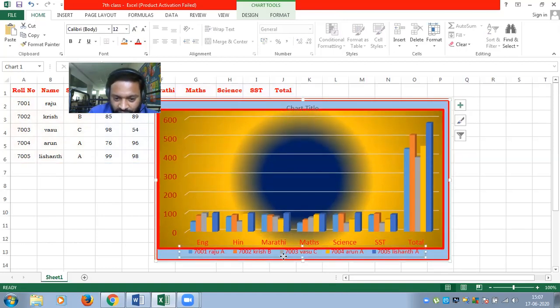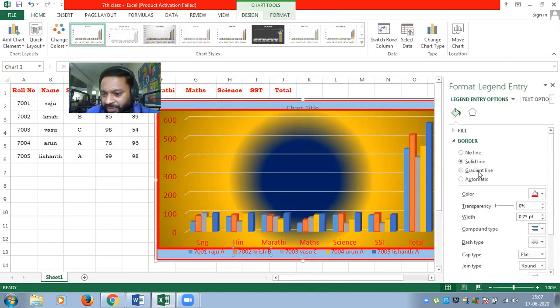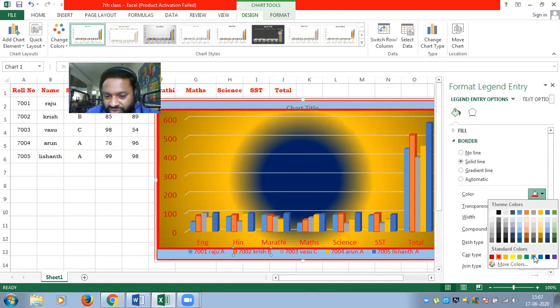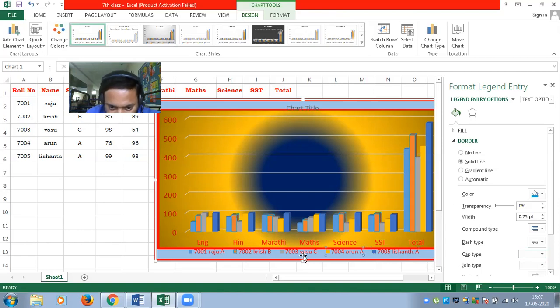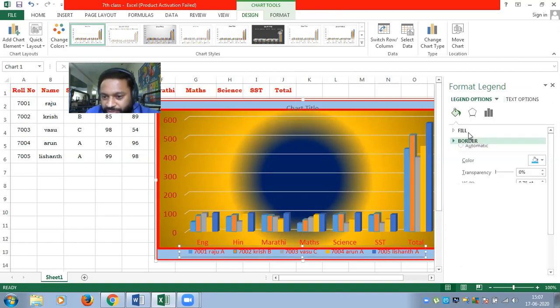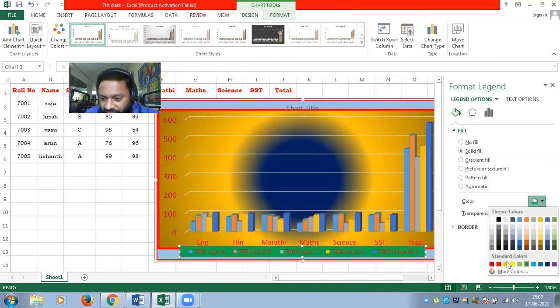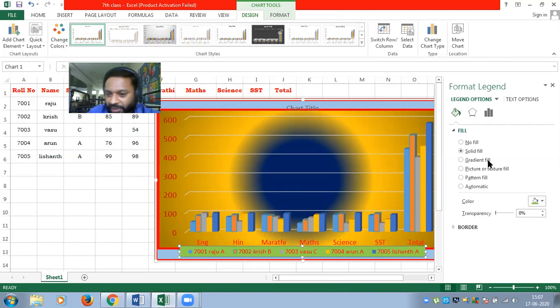Okay, so now here I want to change the color for the legend. So same, double click on the legend. The same steps you can implement for this legend also. If you want to apply a single color, you can select from this. Sorry, I have selected another one. So let me take, now, this is border. So here solid fill. Now you can see the legend color is changed here, right? So you can apply the same steps for the legend also, right?